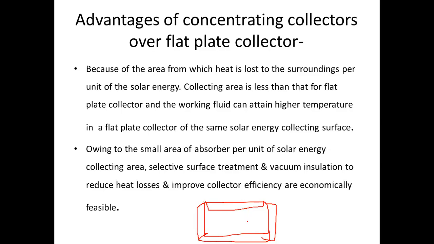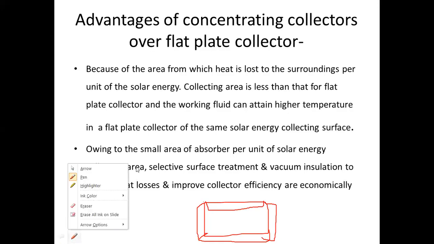cost may be higher, because in case of the concentrating type collector, we are not providing any type of insulation. So whatever the air or vacuum that is available in nature will act as the insulation to the absorber. So here the cost of the insulation is reduced, and so we can get improved efficiency of the concentrating type collector. How it is economically cheap as compared to the flat plate collector. So this will be one type of advantage here.